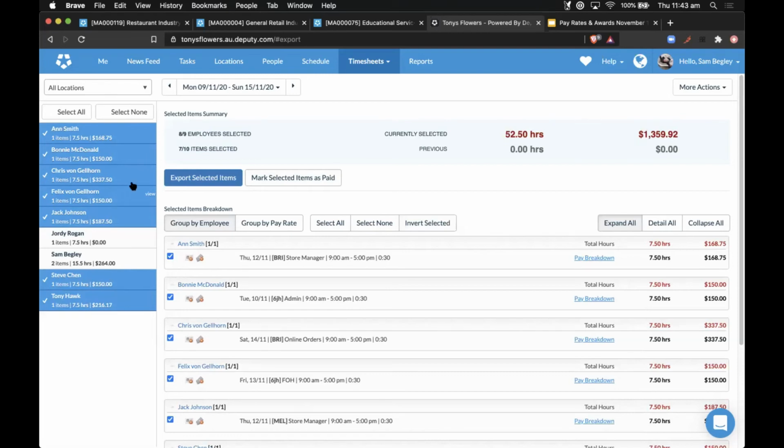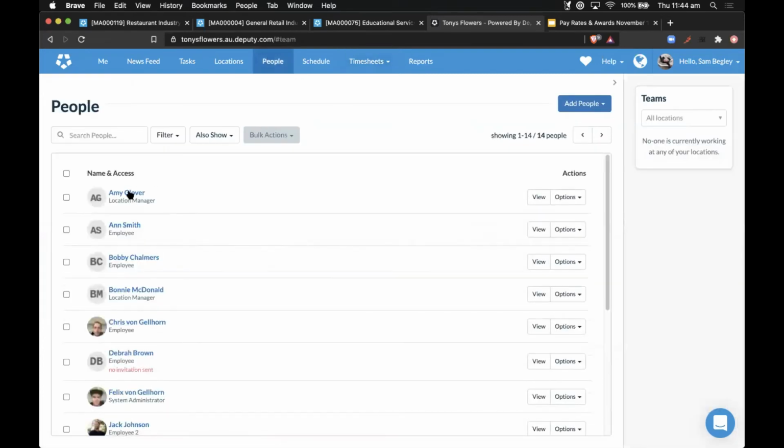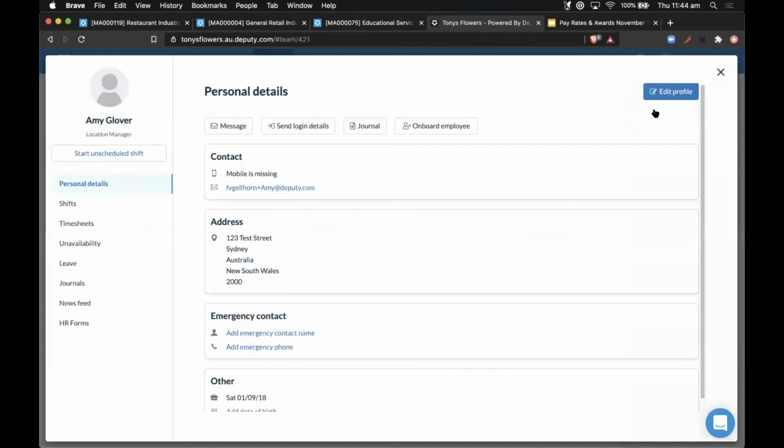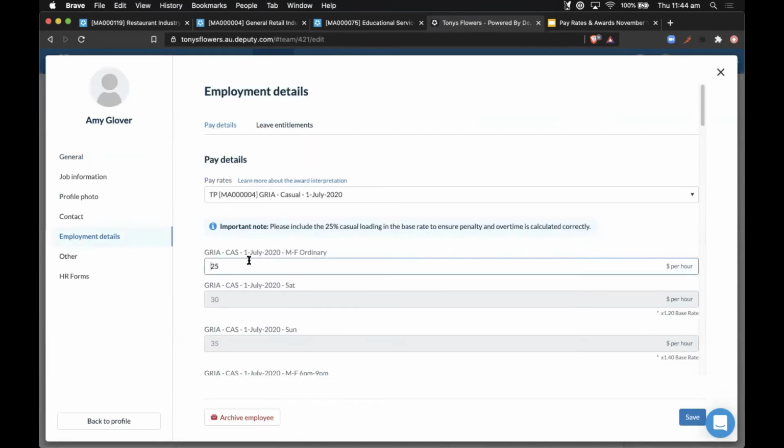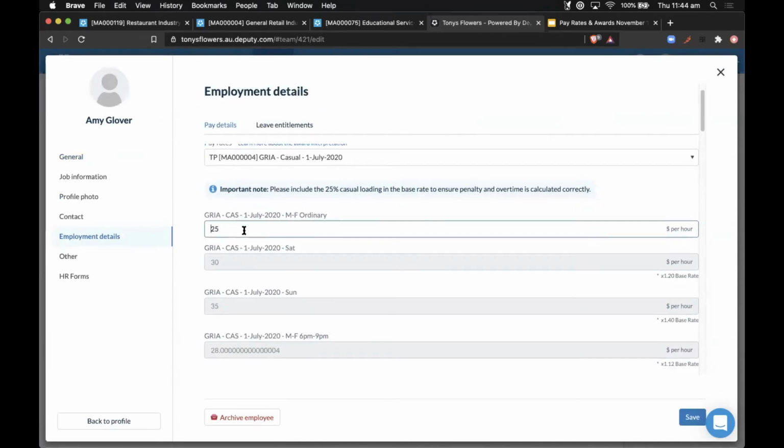Cool. If we go back to people and look at the award library again, there were a few questions. One is, what are we going to do if the base hourly rate doesn't change, but the award gets updated? The answer is, in this case, Amy earns $25 an hour, and this is the current version of the award.